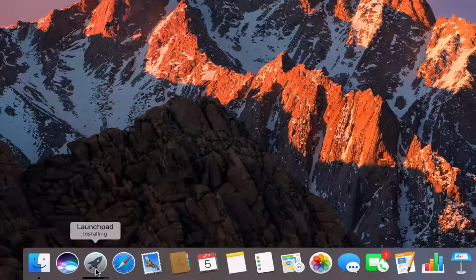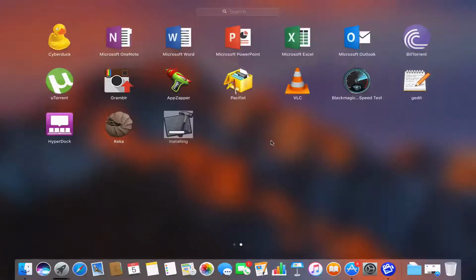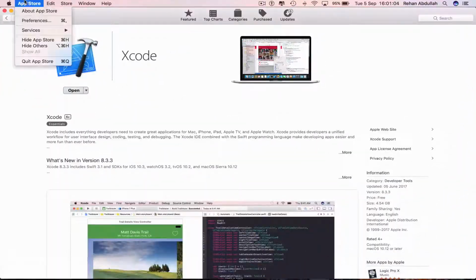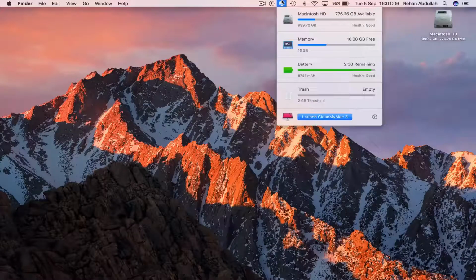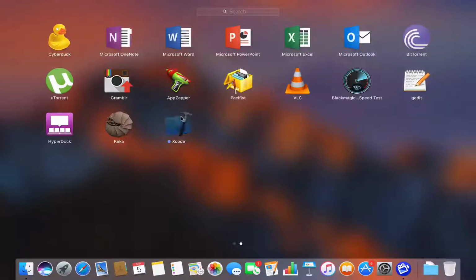Okay, so once that has finished downloading, we can actually go to Launchpad and see how it's doing there. Okay, so once that has finished downloading and installing, we can open the application. But before doing that, we can close out of the App Store to free the memory. So now we are ready to go back into our Launchpad. Click on that, click on Xcode,